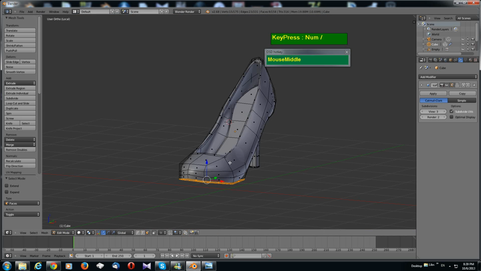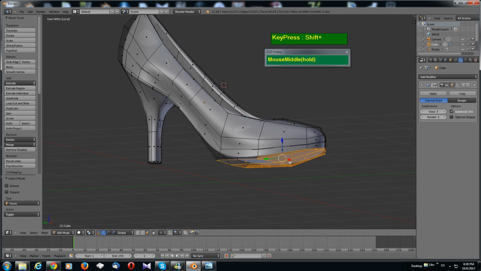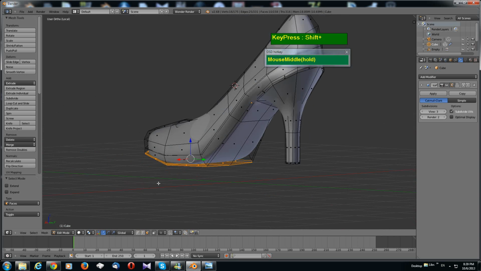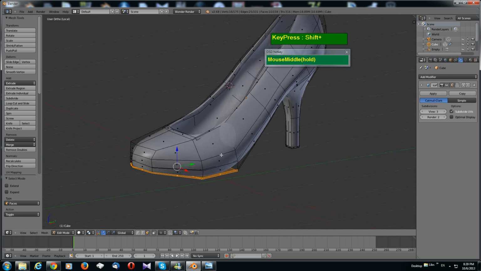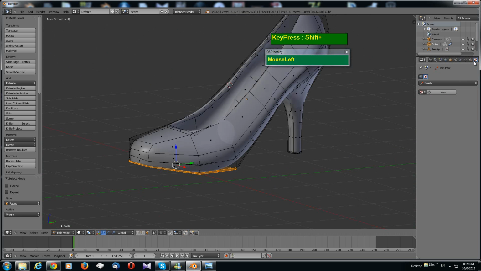Okay, I need to go to isolate mode again so that it's easier for me. I press / to go to isolate mode. Now I've selected this portion, and I just go to the material section here and assign. I want to render this in Cycles, so I'm going to turn on Cycles render, and then I'm going to create a new material,